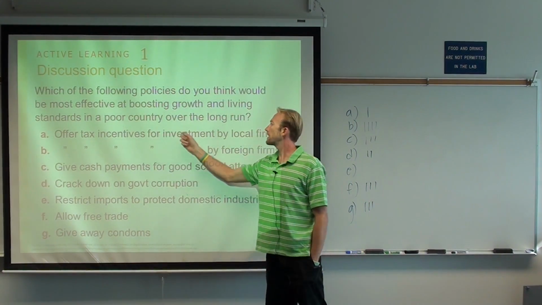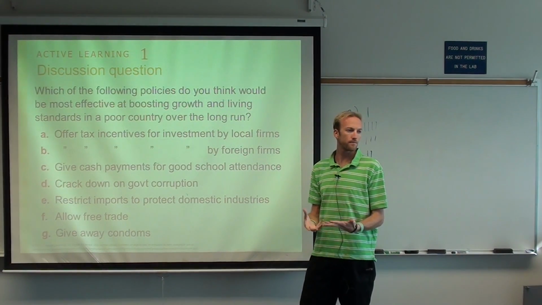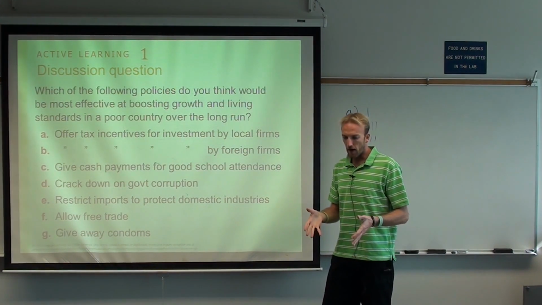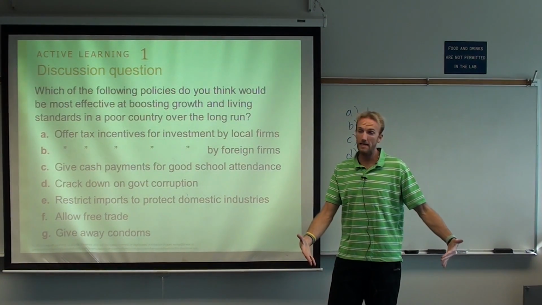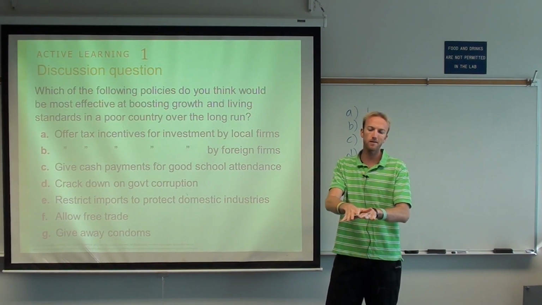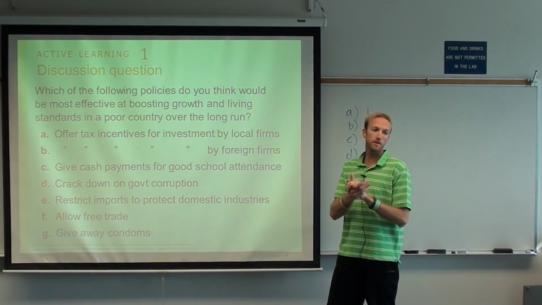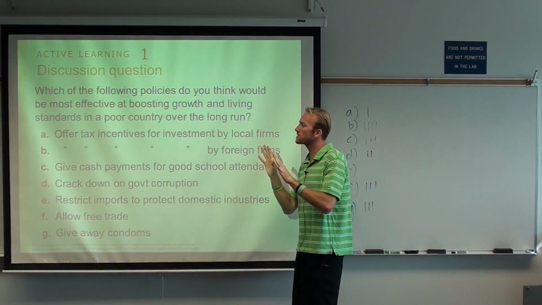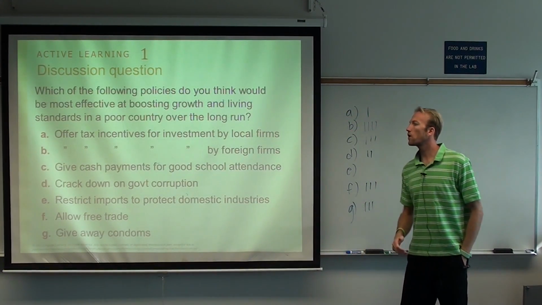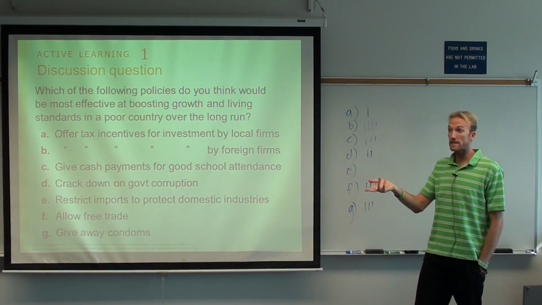So generally, these tax incentives for investment by local firms only kick in if you buy actual machinery, right? So generally, these take the form of: I'm a company, if I go ahead and buy another machine in my factory, I get to deduct that from my taxes, right? If I invest in my employees' education, or if I even invest in planting a bunch of new trees, I don't get the tax credit. So we're thinking almost just physical capital for these tax incentives for investment. Okay, so your idea is they can increase investment. Investment will increase